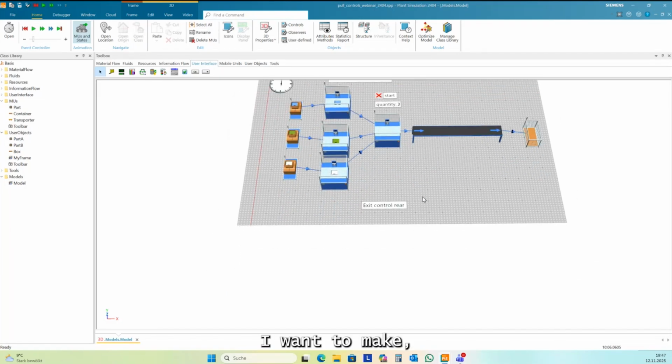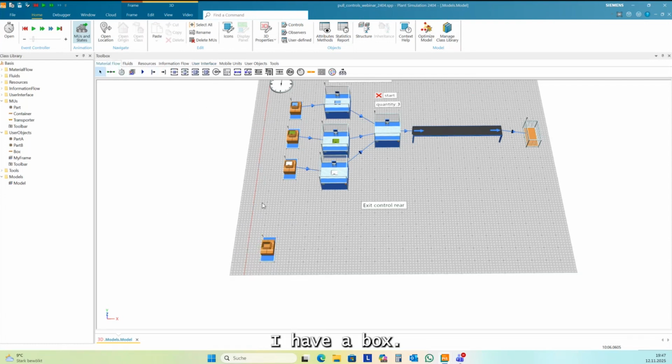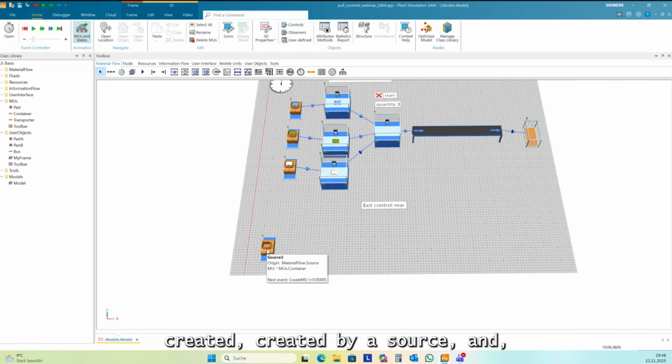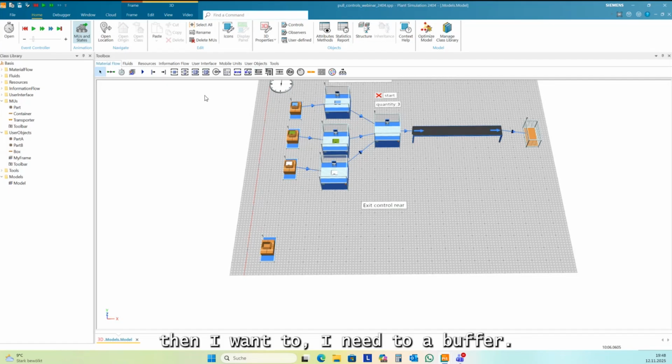I want to make a small use case. I have a box, a filled box. So I take a container created by a source, and then I need a buffer.